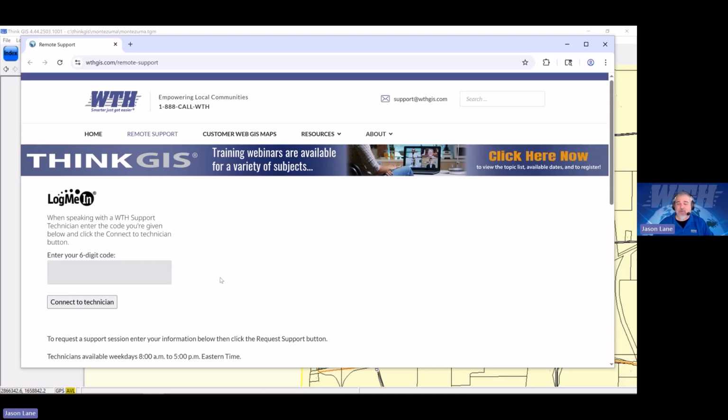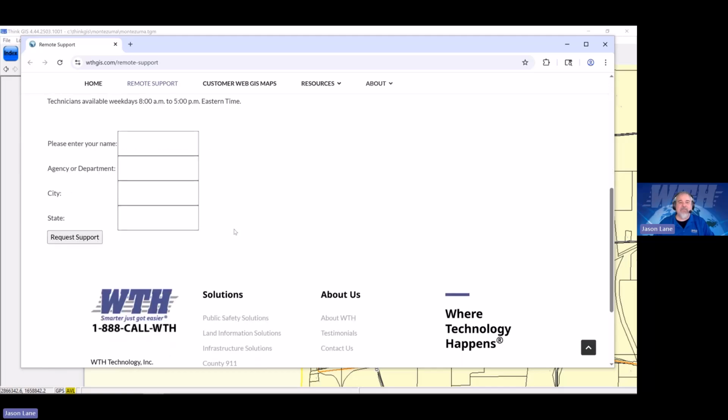If you're not on the phone with us, you can click Help and Remote Support, and it'll take you right here. If I scroll down a little bit on the page, the section below says your name, agency or department, city, state. You can fill this out and click Request Support. From there, that will actually ping all of us in service, and one of us will pick up that session